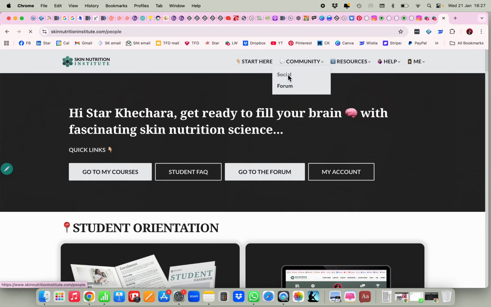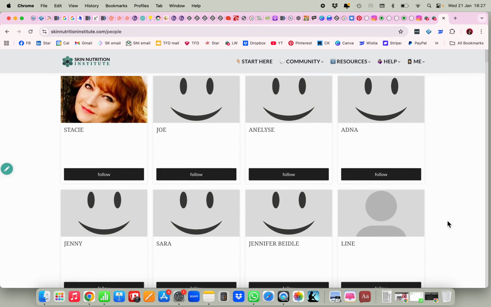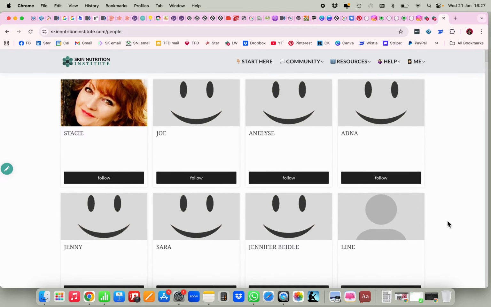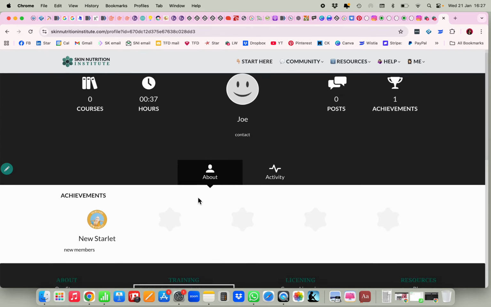So community, we have a social area, which is where you can find people. Not everyone adds a profile picture, unfortunately. I don't know why. It's a shame. We would love to see everyone's faces. So when you do set up your profile, please add your face. So that's the social area. You can follow people and sort of become friends with people. You can look at their profile as well,